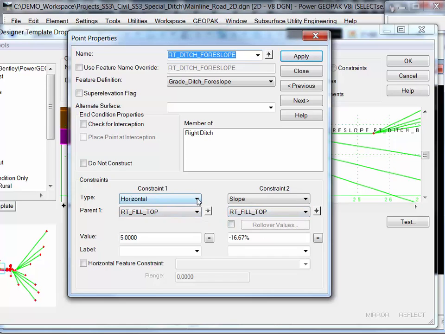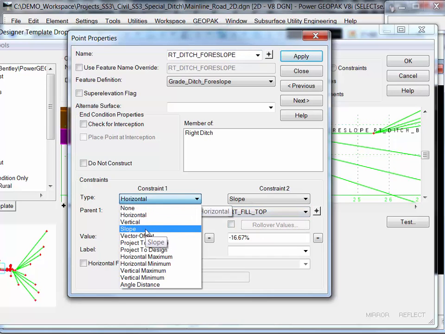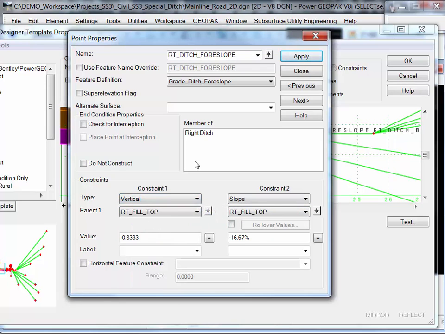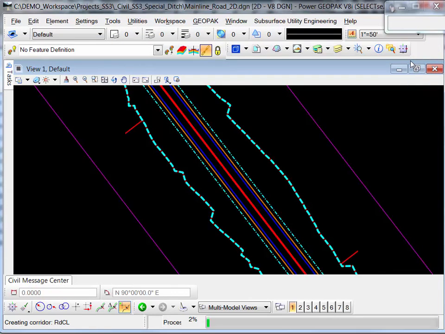And so in this case, if I go in and change my horizontal and change that to vertical, it will modify that and maintain my slope. And so it's just kind of one of those things that it needs to know which one to hold and which one not to. And since we're doing a vertical control, then it will automatically default to the vertical rather than the slope. And so if I go ahead and apply that, click OK, it will